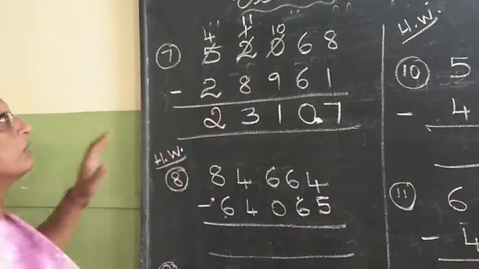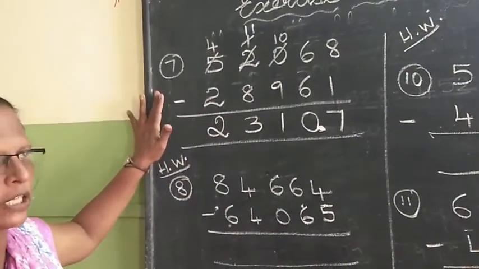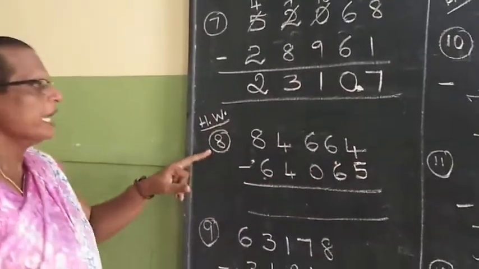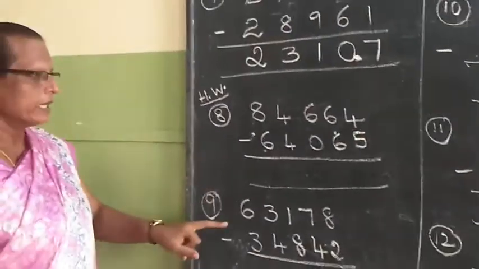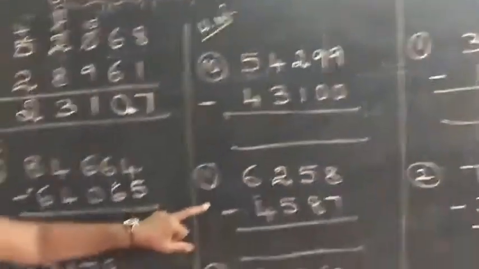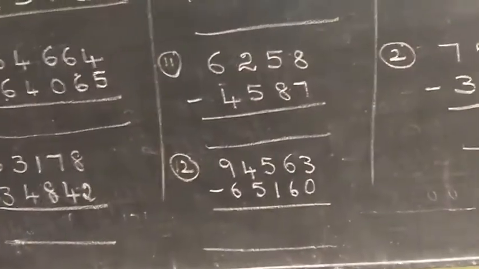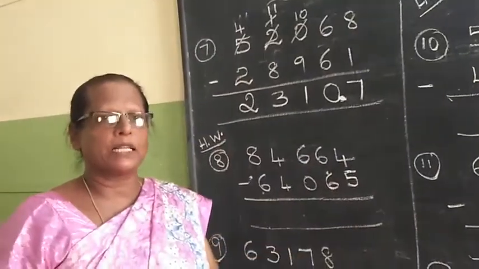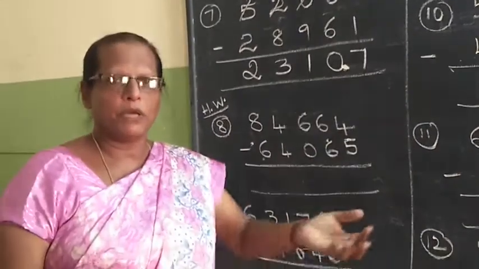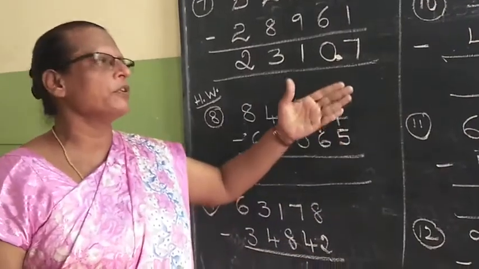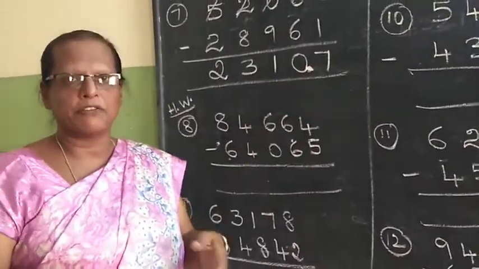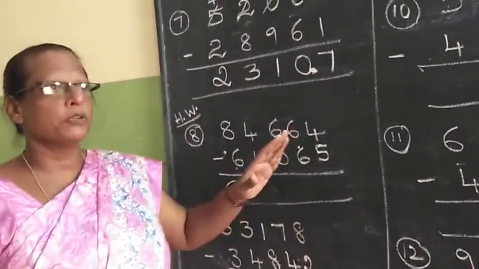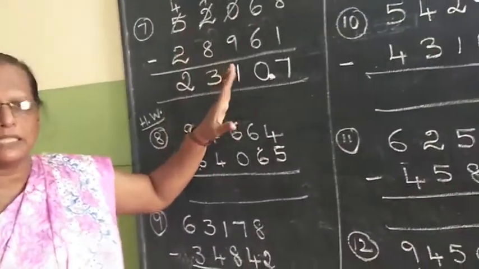Okay children, till 7 sums I have taught subtraction and I have given 5 sums for your homework. See, continuously you have to write 8, 9, 10, 11, 12. Children, in the book they have given 16 sums. No need to worry. While you have time, you can copy down, because if I make you do it in the book I feel hard for correction. I can't correct the book. I'll correct only the notebook. So from chapter 2, all should be written in the notebook only.